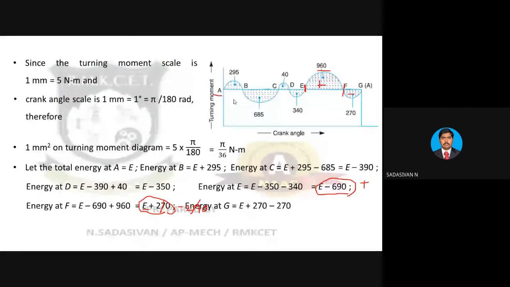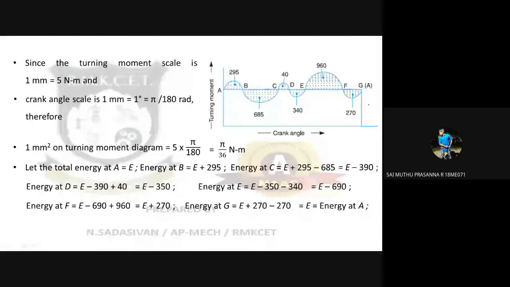That is why you can see the alphabet A is given in brackets. These two points are identical in terms of energy. So this cycle keeps repeating from A to G, A to G, A to G. Right? Now, sir, I have a doubt. Yeah, tell me.